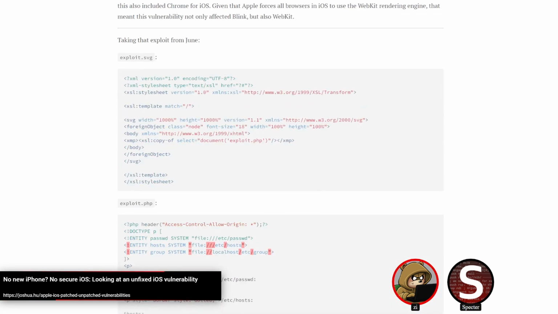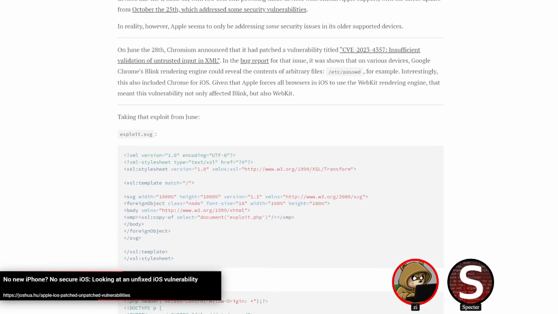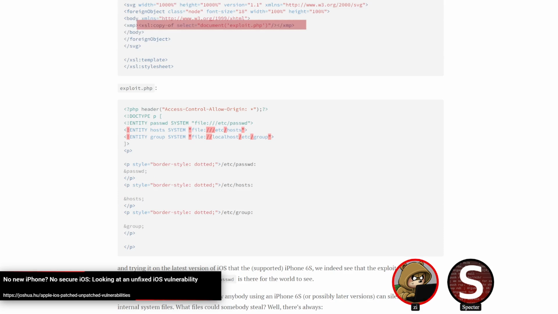and you can get a little bit more about how it works, is that you'd create a page with an SVG on it, and you could basically trick the SVG into running another file. So they have this XSL copy-of, and then select document exploit.php, and your exploit.php file includes more XML that, in a way like entity injection, does almost a client-side entity injection in order to get it to read the /etc/passwd file, /etc/hosts, /etc/groups, read some sensitive files, and just reflect it into the HTML page.